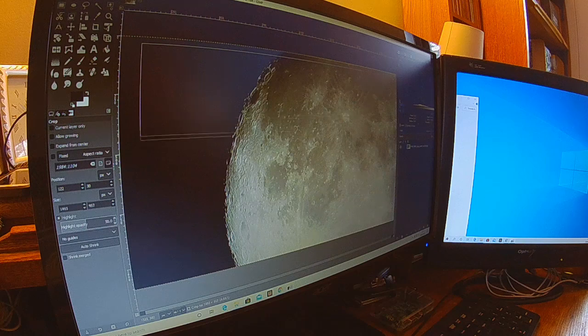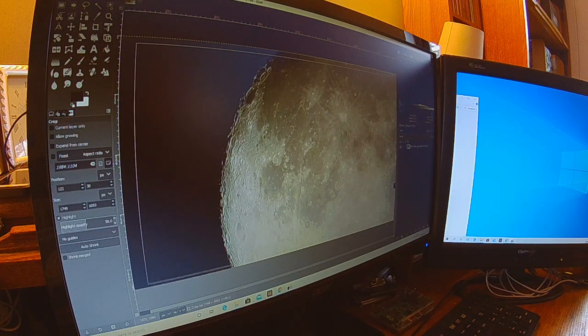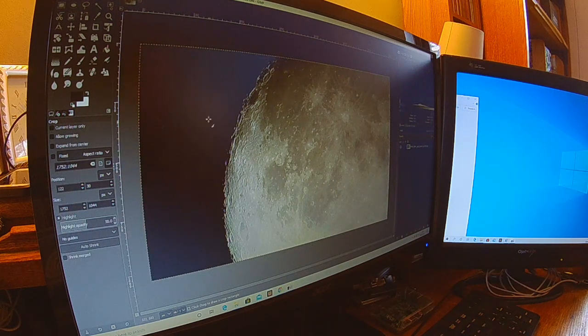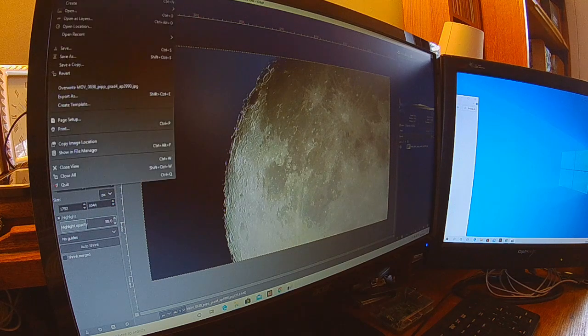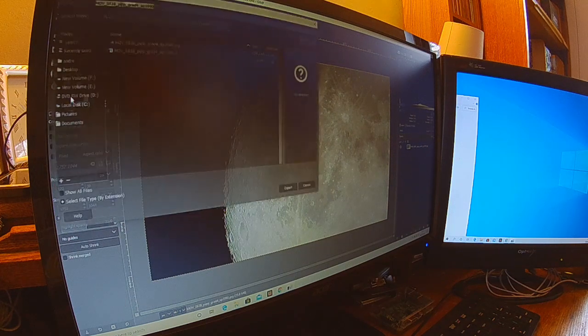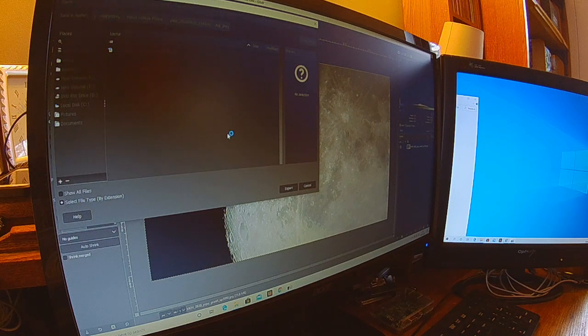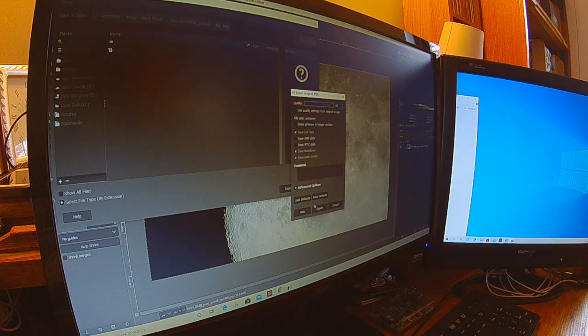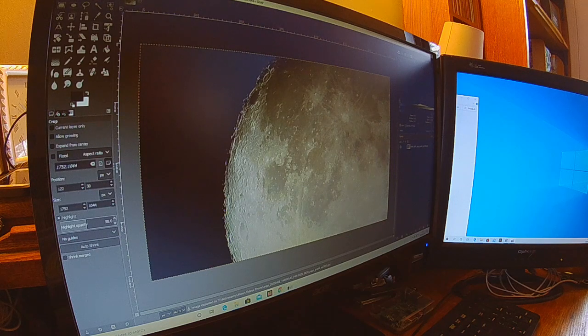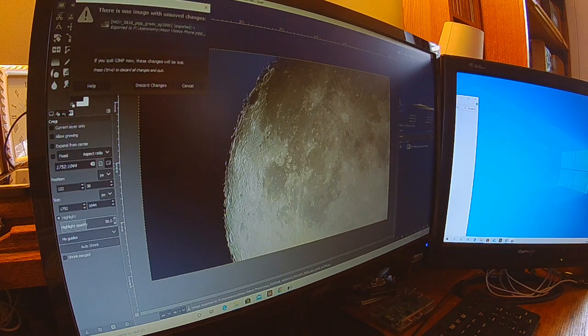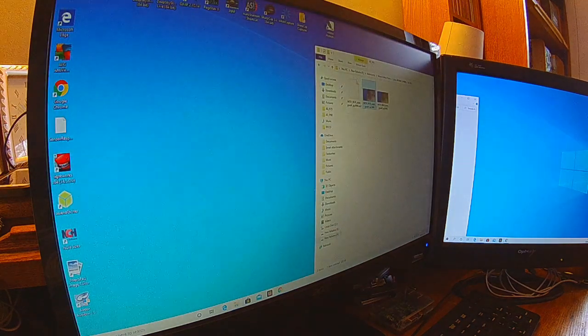So I'm just going to draw a box there, like that. That's the information I want. I'm getting rid of this black bit here, and then just press return. There it is. And then I'm going to go File, Export As, and then Export, and then replace the existing file, and then Export. And it's got those changes. So our final image looks like this,